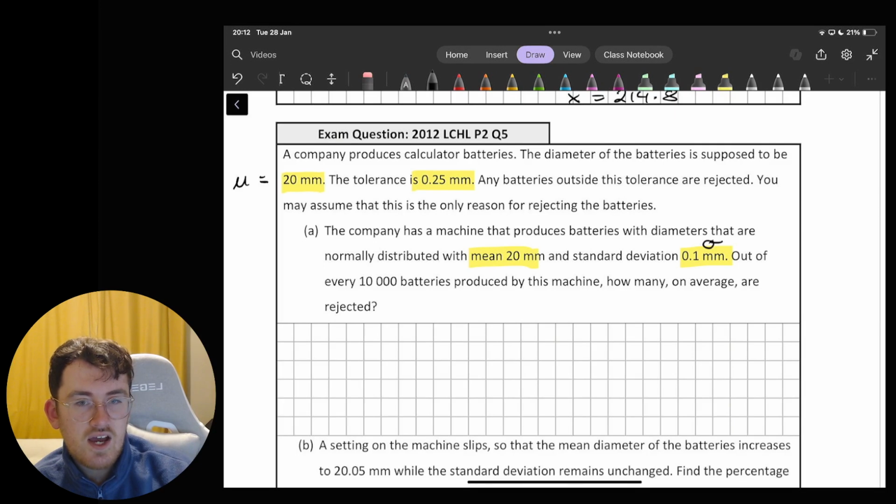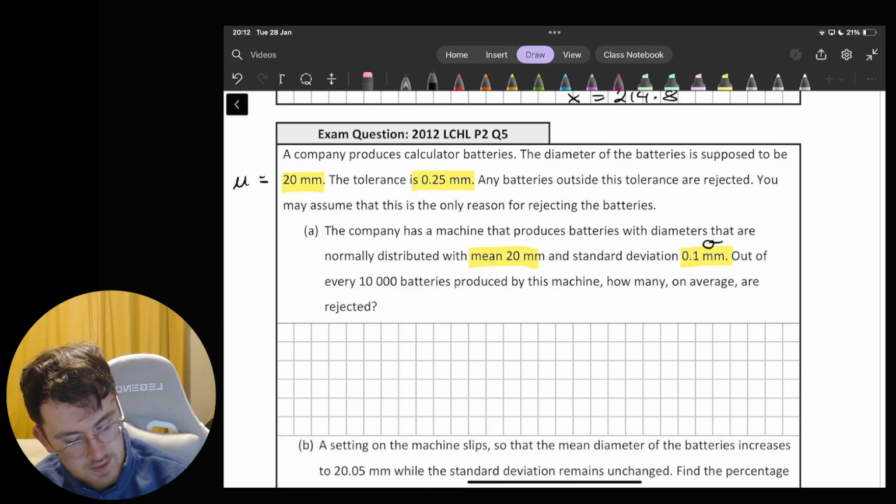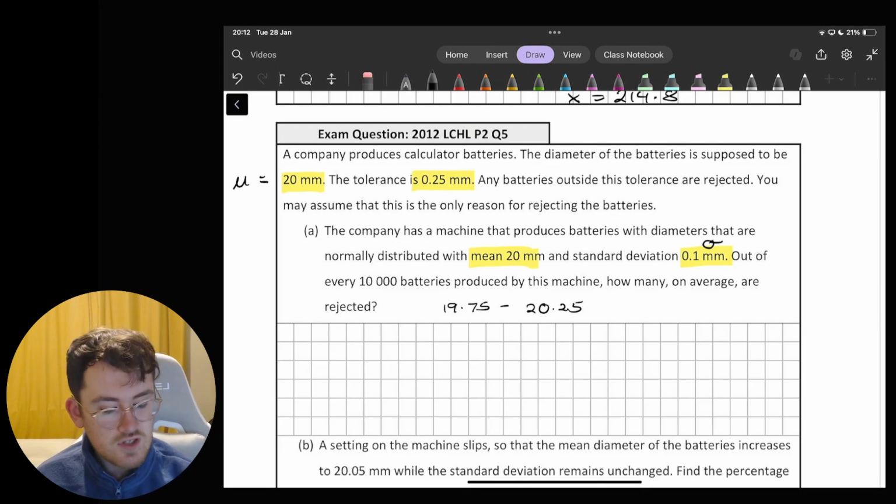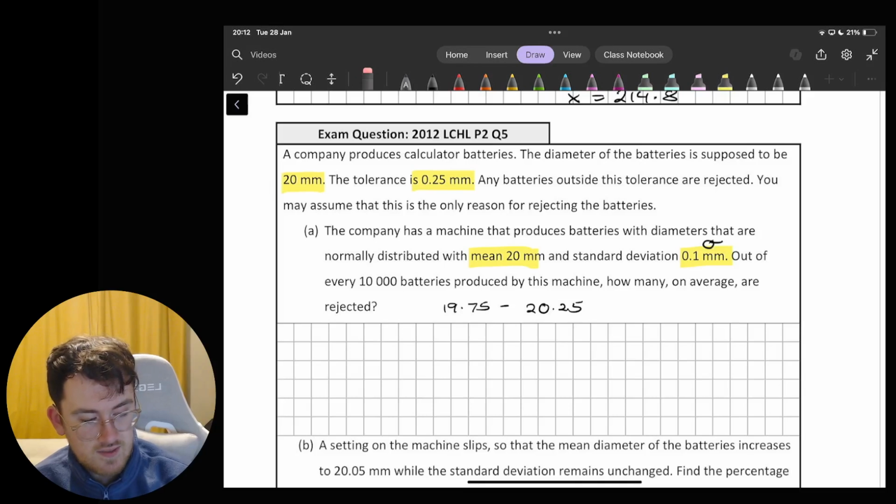Okay, if they're outside of this range, we want them to be rejected, so we're allowing them to be within 20.25 and 19.75. That's essentially the range that we're looking at. So the diameter is supposed to be 20 millimeters. That's what's been identified as the desired diameter of the batteries here, but we are allowing between 19.75 and 20.25. We're allowing either of those or within that range, but it's not allowed to be outside of that range. So in terms of my z-score diagram here,